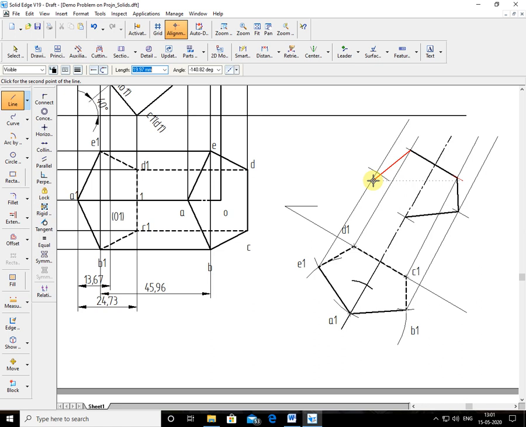Then you join these lines, long lines. From here, thick line. It is a seen line. From this intersection point, this is a line.